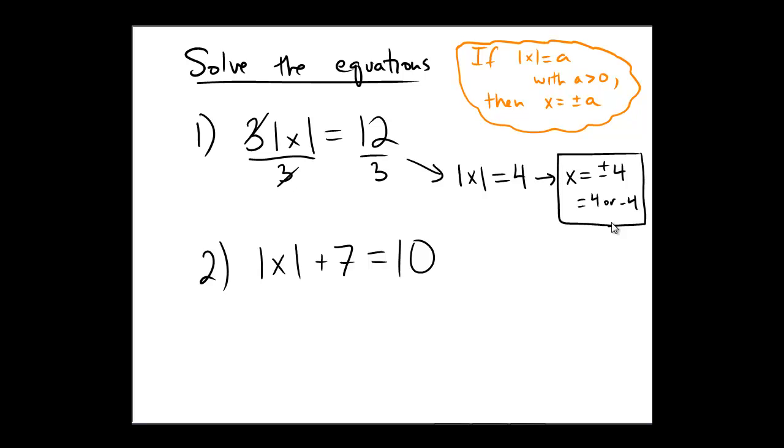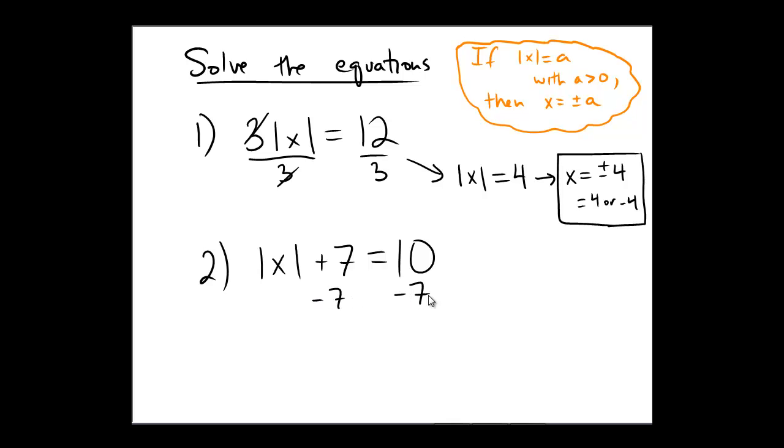Second equation here, absolute value of x plus 7 equals 10. Pause for a second and see if you can figure this out on your own. Again, try to isolate the variable. Find your present, unwrap your present. So assuming you paused for a second and tried that out on your own,